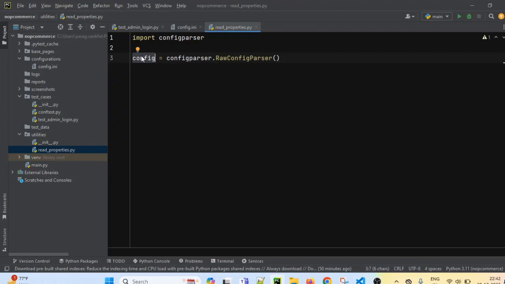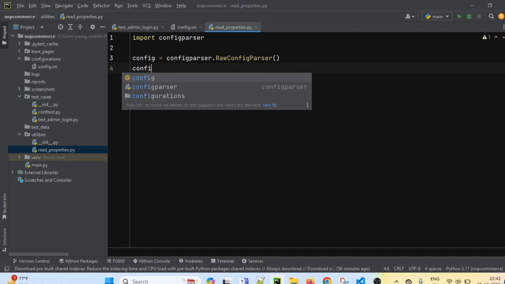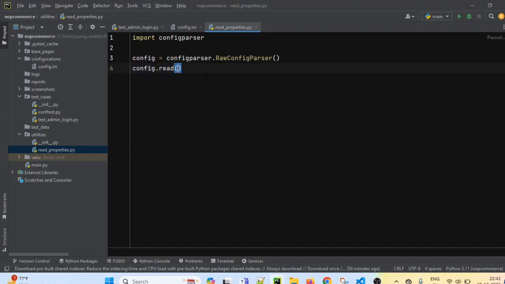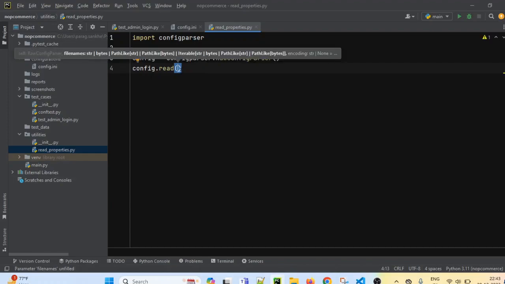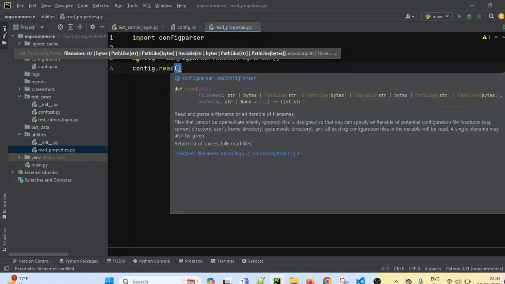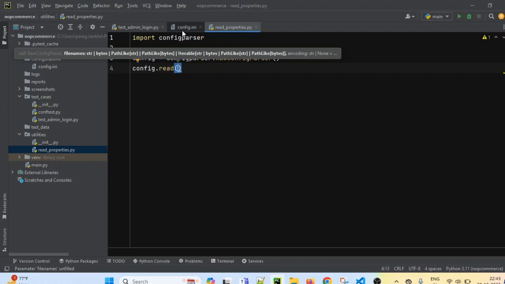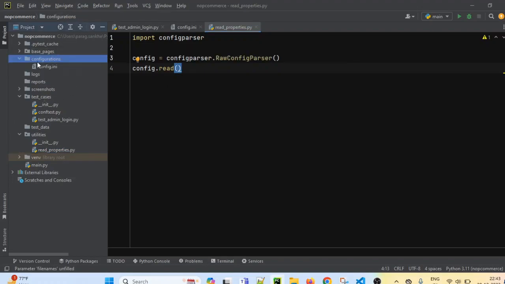By using this config object, we can actually read the config.ini file. To do that, we have to use the config.read method, and in this config.read method we have to pass the path of the config.ini file. So wherever we have placed this config.ini file, we have to provide its path. Where is the config.ini file? It is inside the configurations folder. And where is the configurations folder?